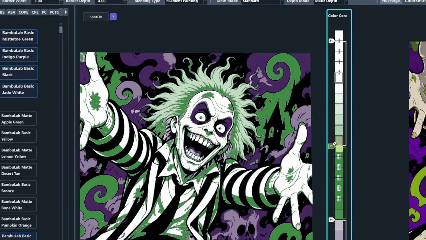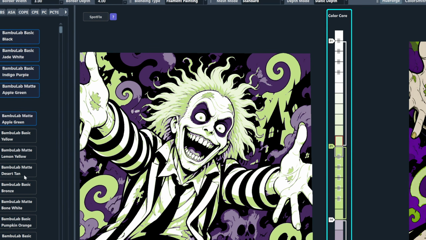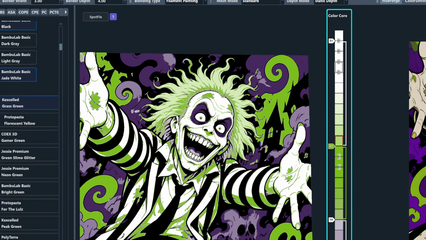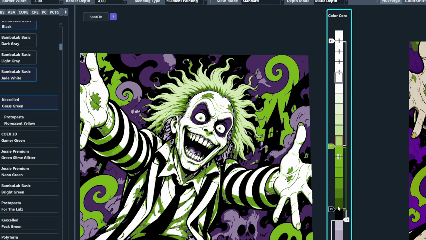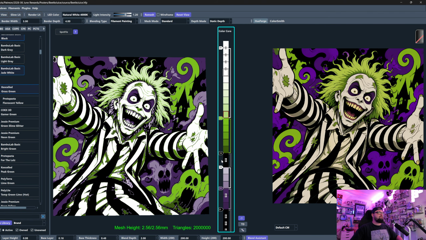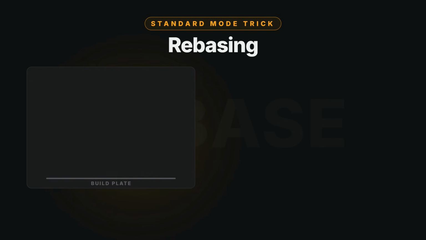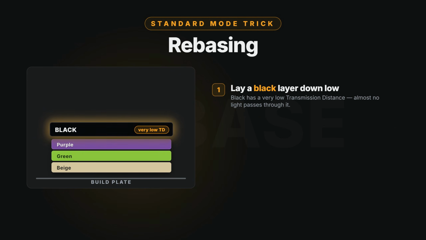I would actually say my favorite green probably is the apple green, but it's a little too light for this context here. So let's try this Kexaled grass green here, and that's much closer to our image, much closer. Now, if we bring black up above the white, maybe like one layer, this is called rebasing. Now, this technically happens a lot inside of ColorPop mode, but you can do it inside of standard mode to